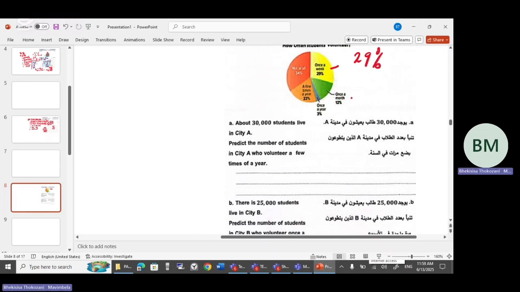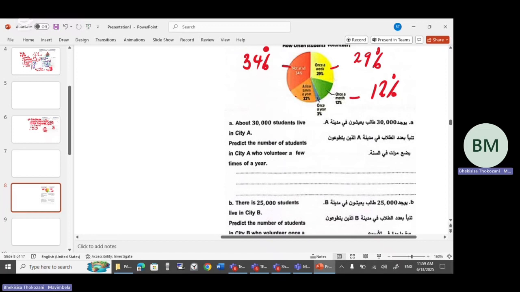And once a month, I'm just writing this because the writing here is too small, it's 12%. And this one here, not at all, it's 34%. These are students who don't volunteer at all. They're like 34%. And we have this one here,